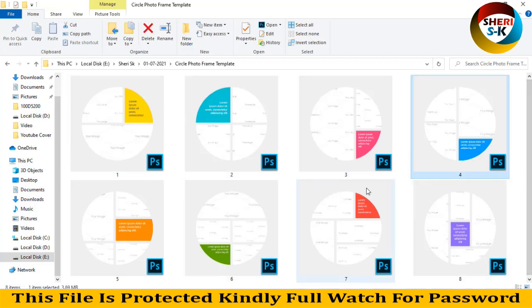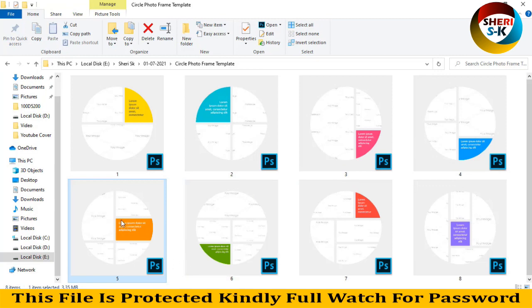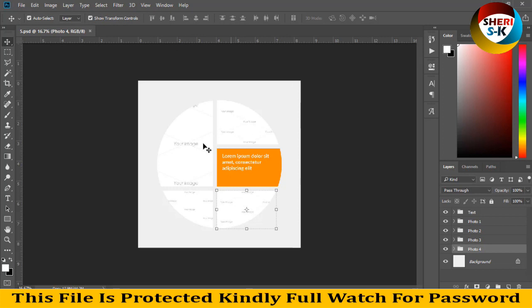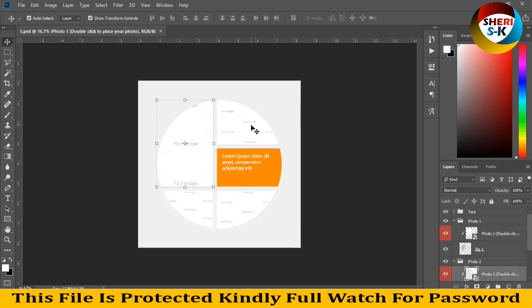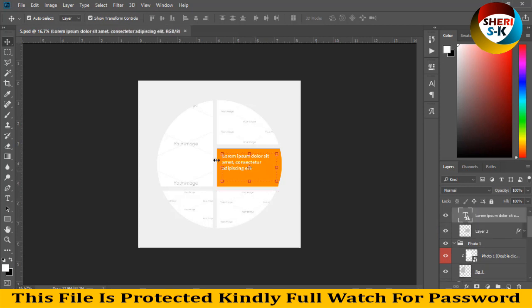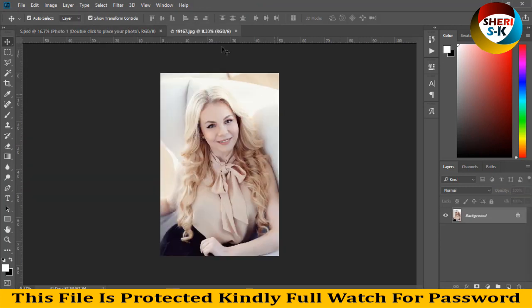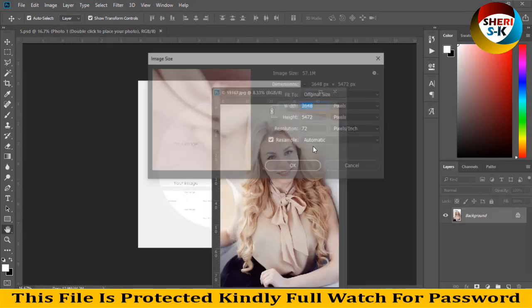Here are circle photo frame templates for Photoshop users, with different design art styles. First I drag this file to Photoshop, and here we can adjust four photos: one here, two, third, and fourth. So write your own text here, or you can write your memories, quotes. Okay, so first I create this photo frame, open a photo like this, and the resolution going